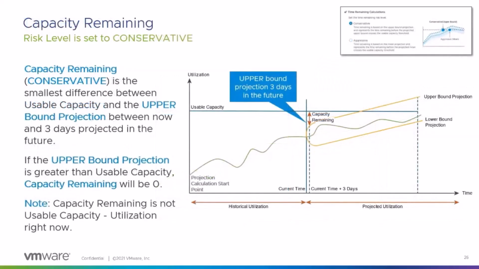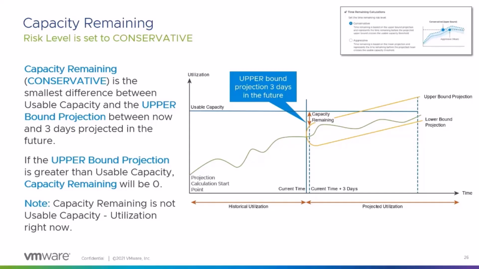So the next one is talking about capacity remaining. Capacity remaining, instead of looking at just right now, actually does a small projection 3 days in the future, and this helps smooth out some of the big fluctuations that can happen. It makes it where it doesn't jump up and down quite so much because it's based on that projection 3 days